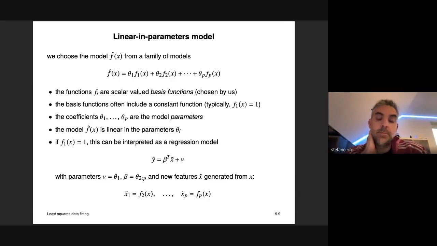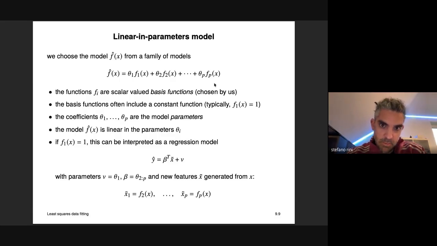And θ1 to θp are model parameters that we're trying to learn. The final model that we have, this final FAT model, is linear in the parameters θi, so that we can run an optimization on our θi. So if we fix the first one to be the constant function, then